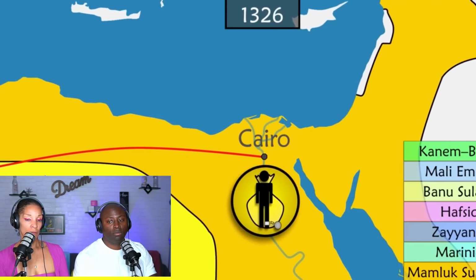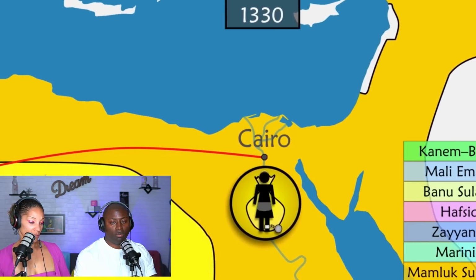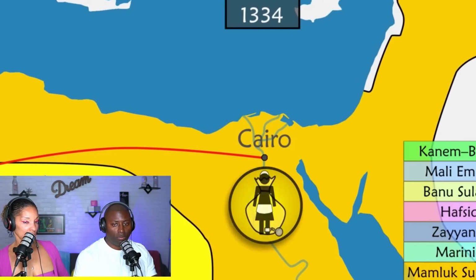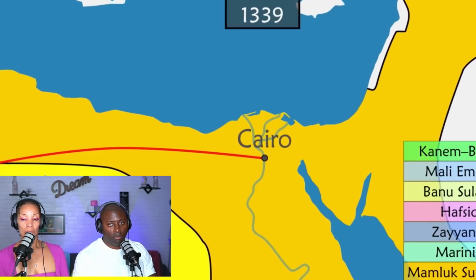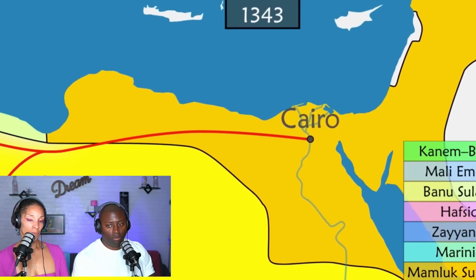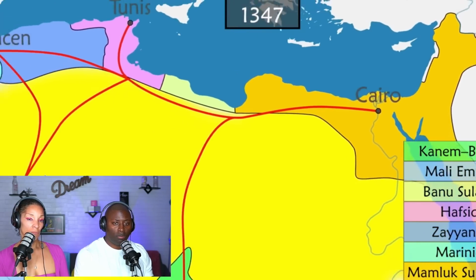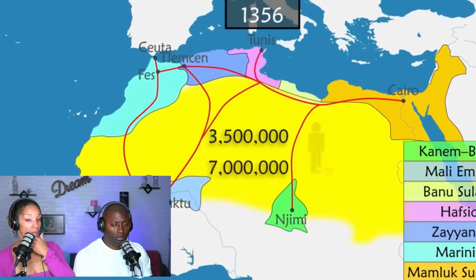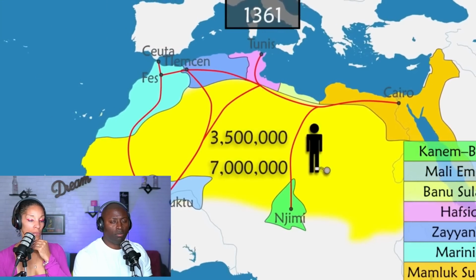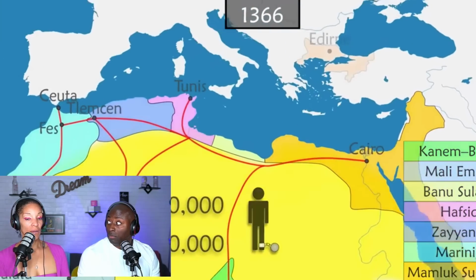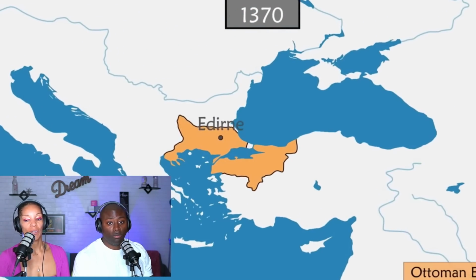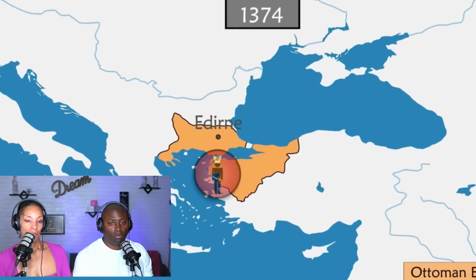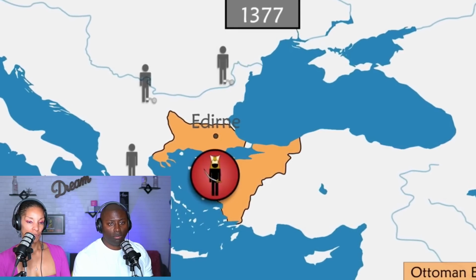The majority of slaves are women who become servants or concubines. Owning a slave raises the prestige of a family, so demand increases and the trans-Saharan slave trade grows. It's estimated that between 3.5 and 7 million slaves passed through these routes over 1,000 years. To the north of the Mediterranean basin, the Ottoman Empire creates an army of janissaries, that is, young European